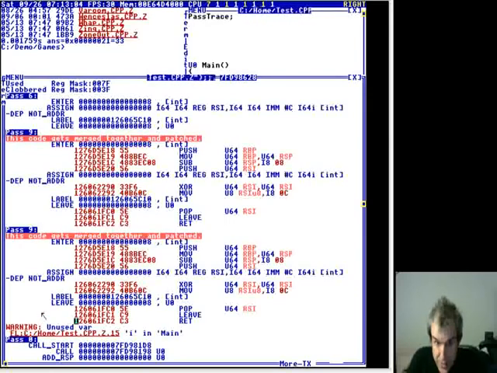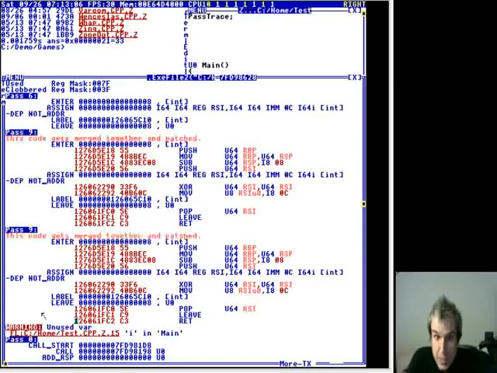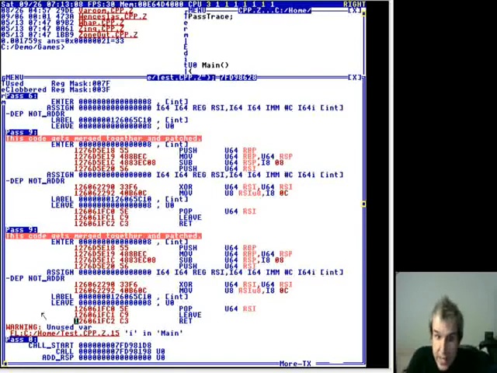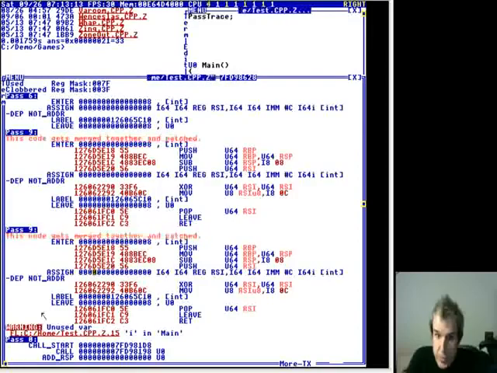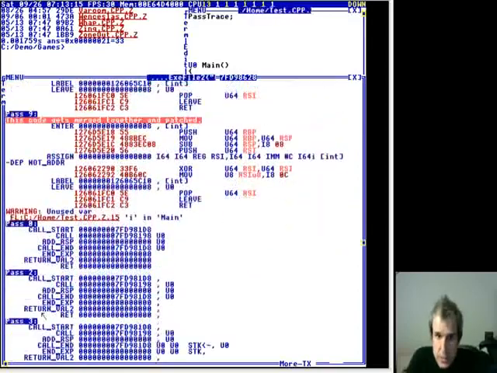Just in time is easier than ahead of time. If you're doing ahead of time, it has to make a binary file. If you're doing just in time, it just looks in the symbol table for calls. Anyway, so